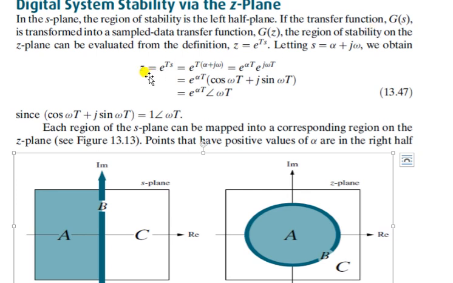For this we use this formula z equal to e to the power ts. Then for the s we can represent alpha plus j omega. Then we can segregate this into this part. Then for this e to the power j omega t we can use e to the power j theta formula. E to the power j theta equal to cos theta plus j sin theta. So you can write this. Then by using this term, you can say x plus j y.